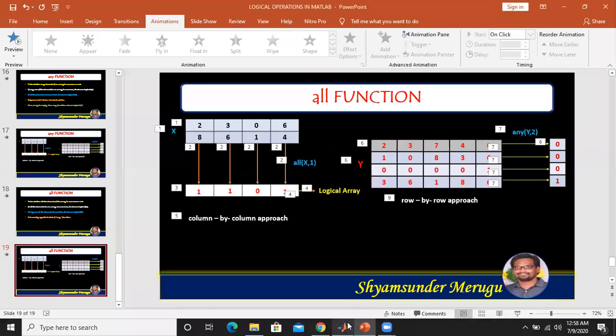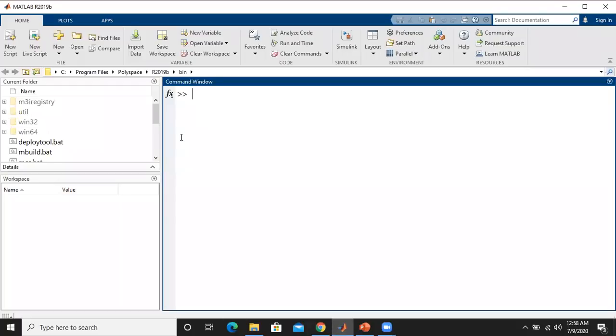Now we see them in MATLAB. Let me open it. When we click the MATLAB icon on your desktop, this type of window will be opened. Now we verify the results we discussed in the theory. First we go for relational operators. So here I will take the variable x and consider the value as 5. Then I will take the variable y and consider the value as 12.